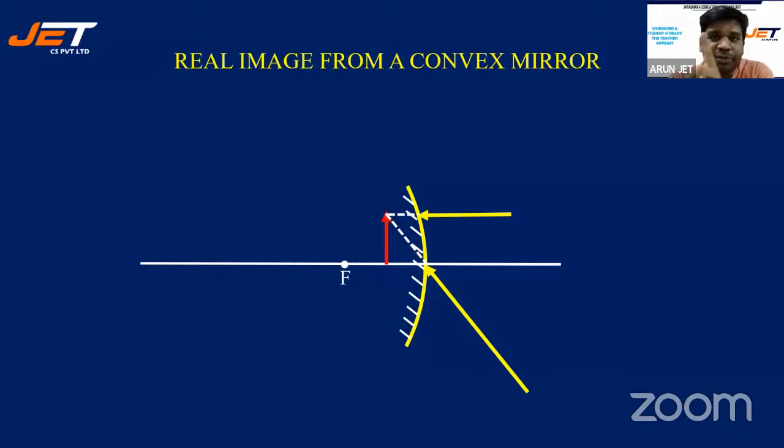If the reflected rays seem to converge, not seem to converge, but actually converge, you get a real image. So we need to focus on how the reflected rays go. Because one is hitting the pole of the mirror, the bottom yellow line will go hitting the pole of the mirror symmetrically with respect to the principal axis. The other ray, which is parallel to the principal axis, will get reflected as if passing through